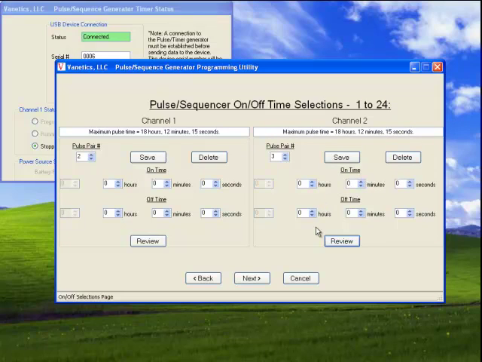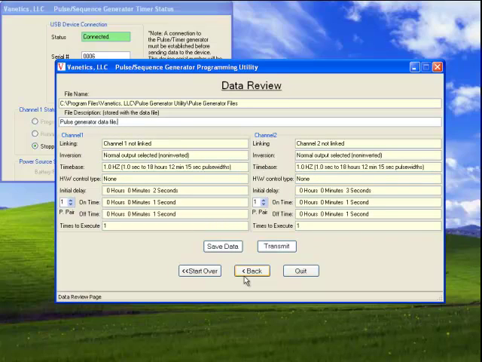Now we'll go on to the next form by clicking Next, and this brings up the data review page. On the data review page we can see the results of our work. Notice that the file name at the top is only the directory name at this point because we haven't actually named the file. Also, the file description is the default pulse generator data file, and that's where we can actually describe this file